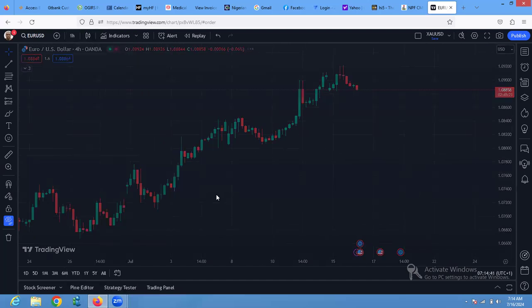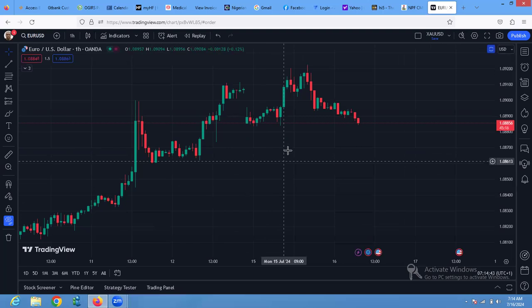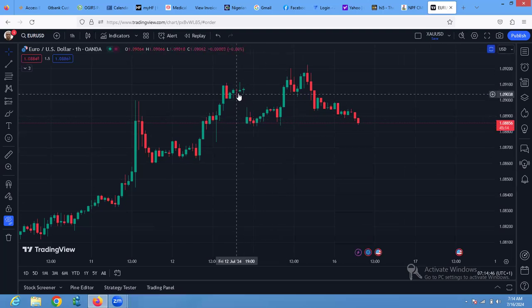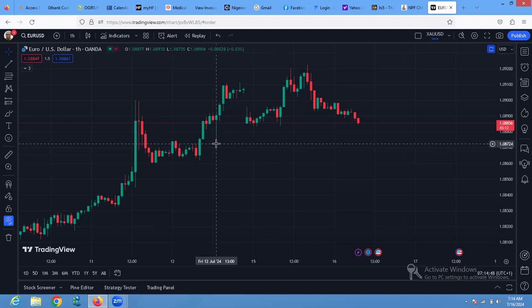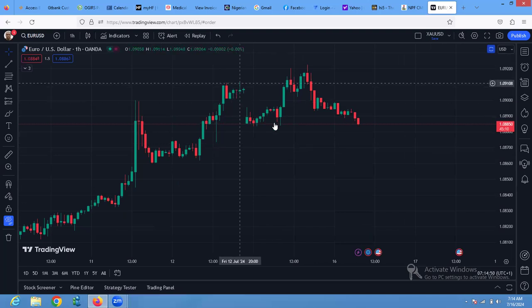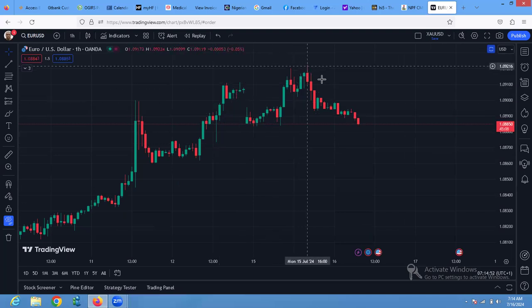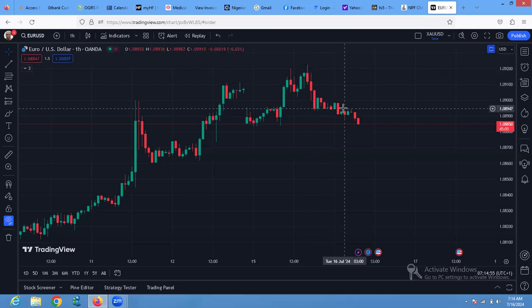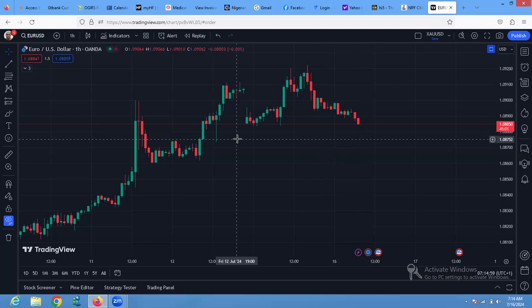If we go on a 1-hour time frame, we are still correcting. We see this is the area we don't want to break for now. We see this as A to the downside, B to the upside, and a C. And this should give us, I think we have finished a 1 and a 2, and this is the last part of the wave. So if I bring out my drawing,